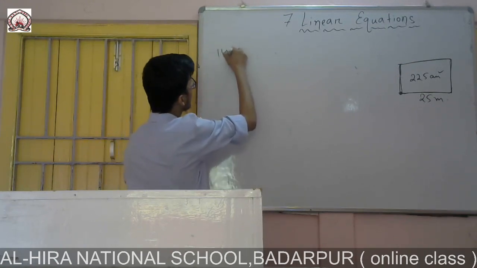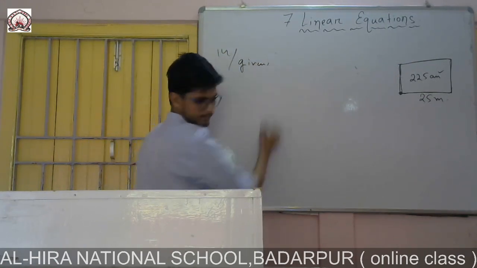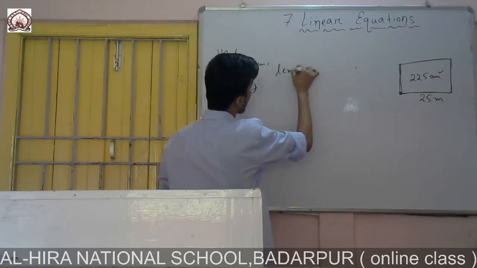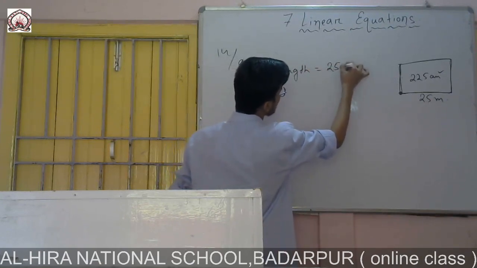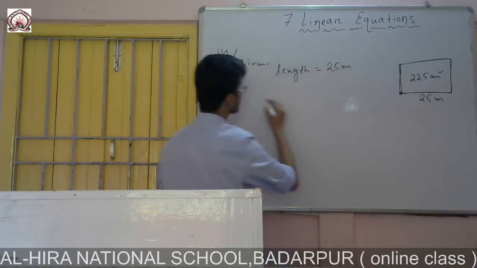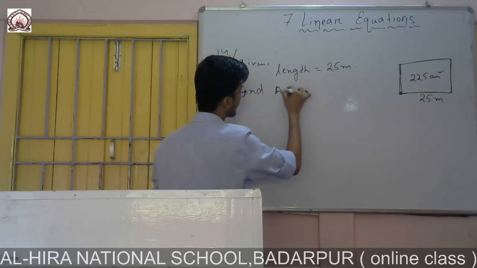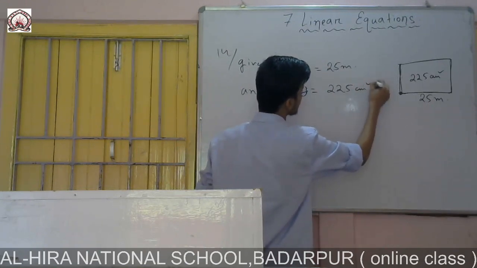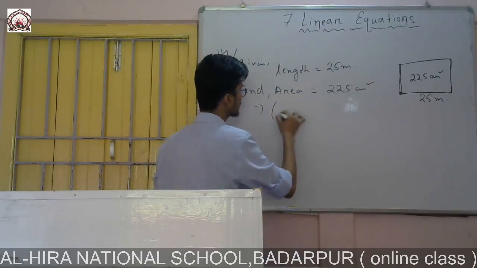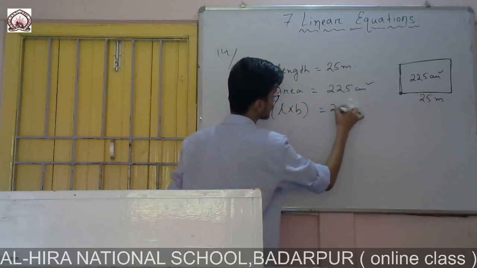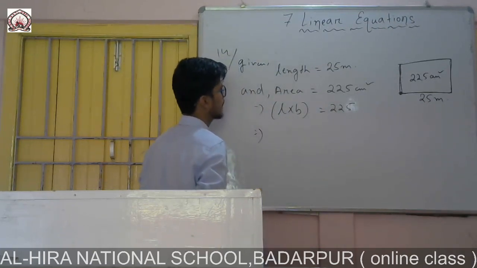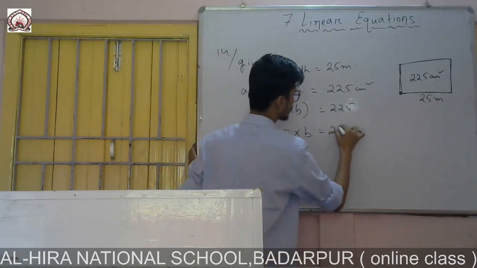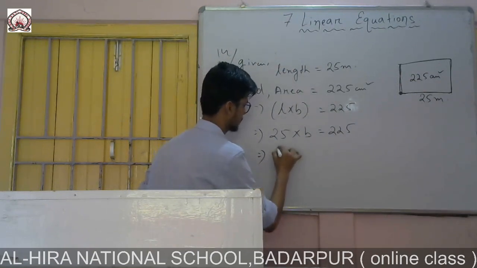Okay, first of all you write given: length equals 25 meter and area is 225 centimeter square. So we know the formula of area, it is length into breadth equals 225. So in place of length I put 25, and in place of breadth let it be b, equals 225. So b equals